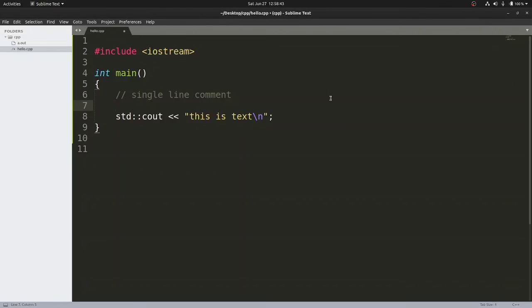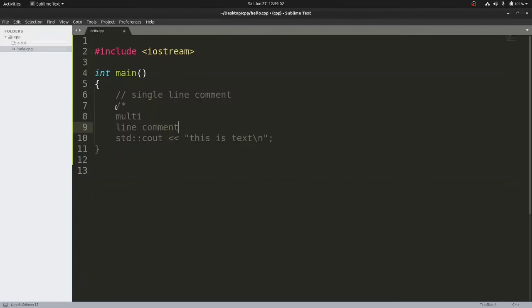Now what if you want to write a multi-line comment? For that we write /* and then we can write a multi-line comment. If you observe here, even our std::cout comes under the multi-line comment.